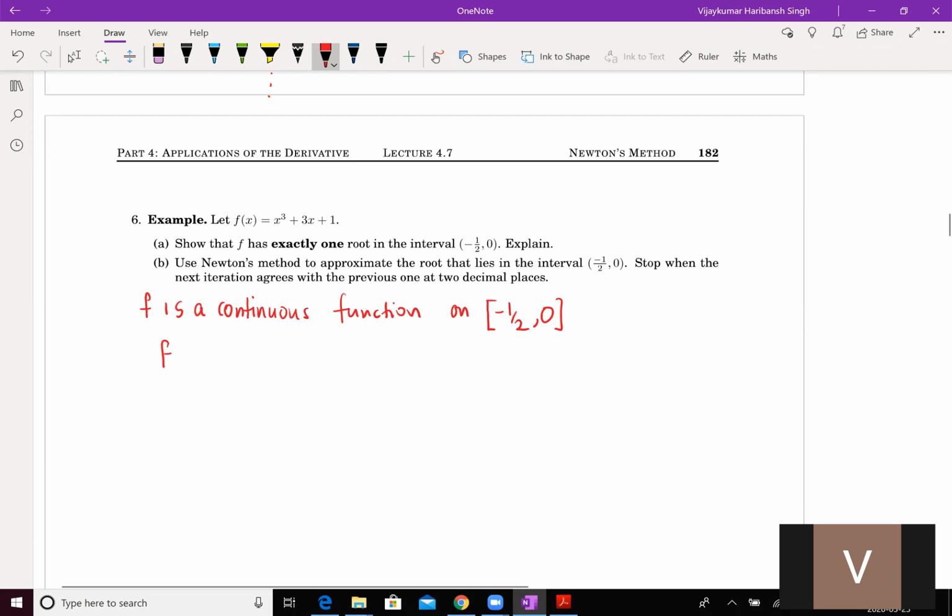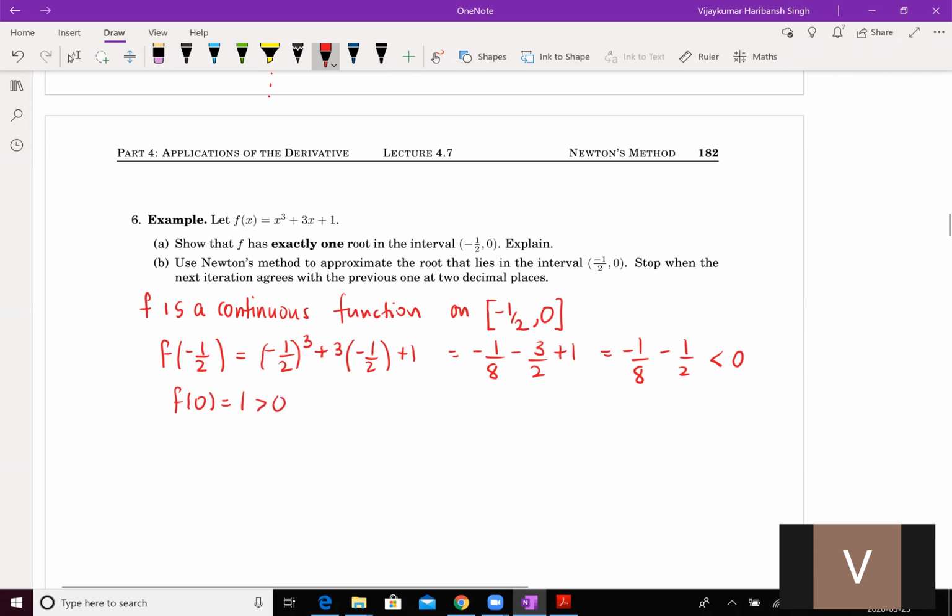And f of minus half, what is f of minus half? It's going to be minus half cubed plus 3 times minus half plus 1, which is going to be minus 1 by 8 minus 3 by 2 plus 1. And then when you combine these together, you get minus 1 by 8 minus 1 by 2, and that is less than 0. Similarly, f of 0 is 1, which is greater than 0. Therefore, by the intermediate value theorem,